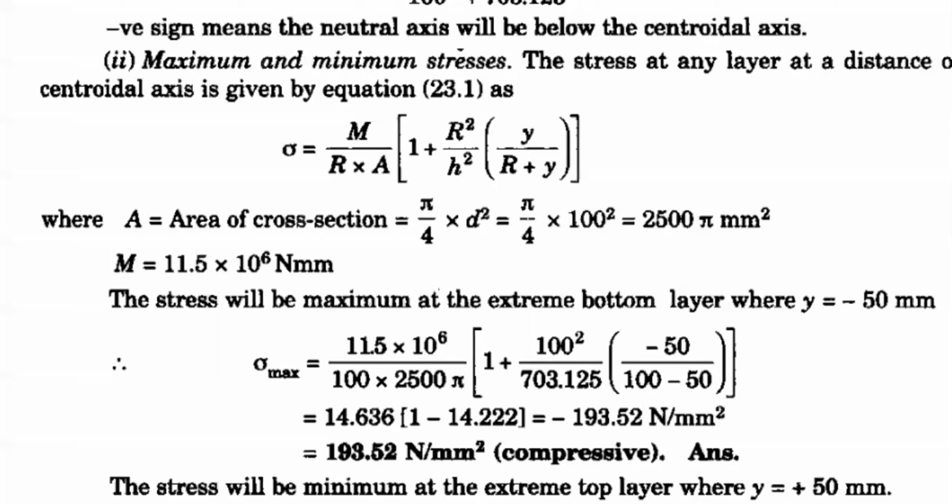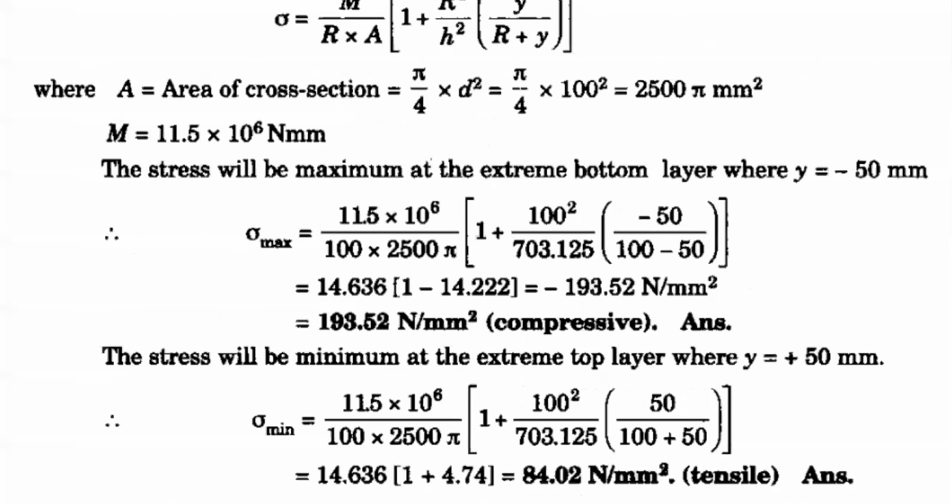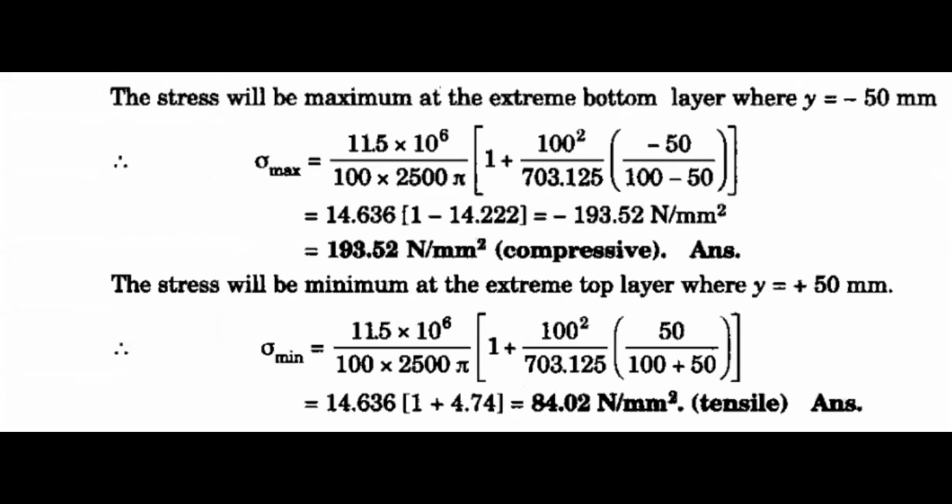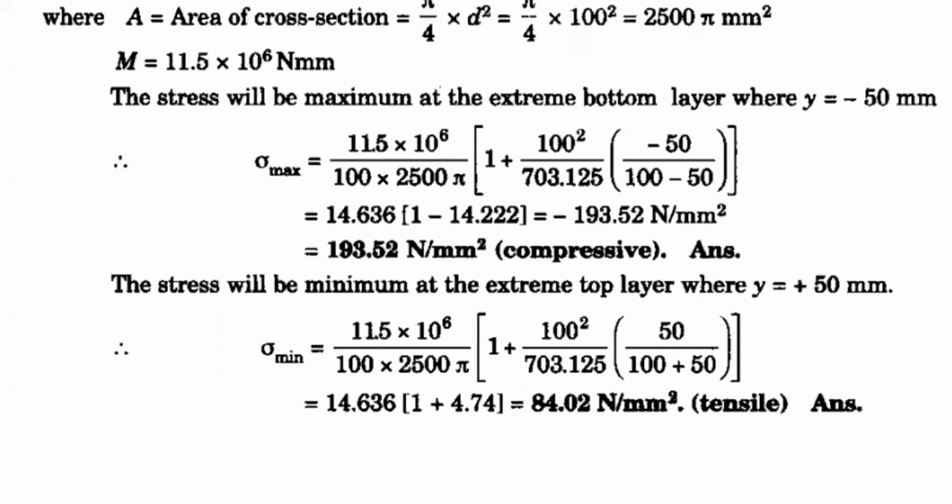So please observe that. Substitute in the given relation for sigma maximum and sigma minimum. You already know that once you take a positive value, automatically the next value is negative. If you consider a negative value, then the opposite value is positive. It is completely reversed. Whenever you get a positive value, it is a tensile stress, and whenever you get a negative value, it is a compressive stress. So those things are very, very important.